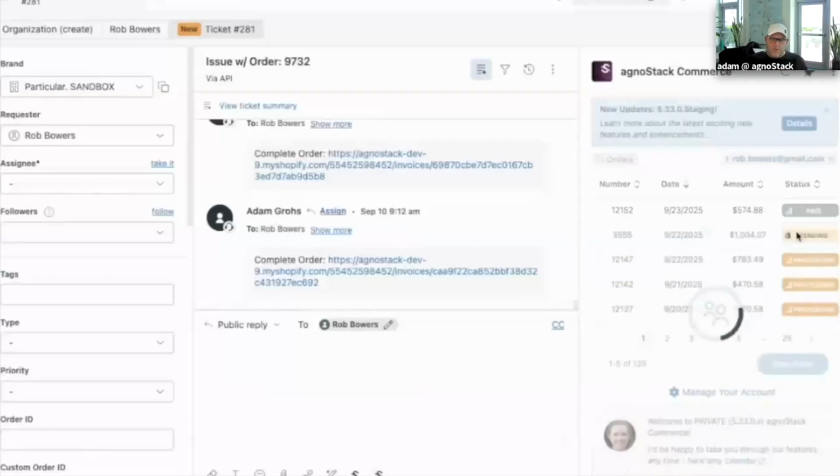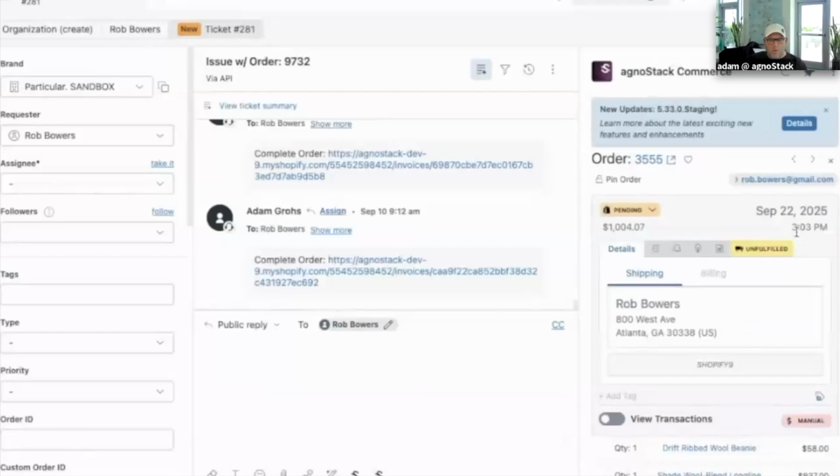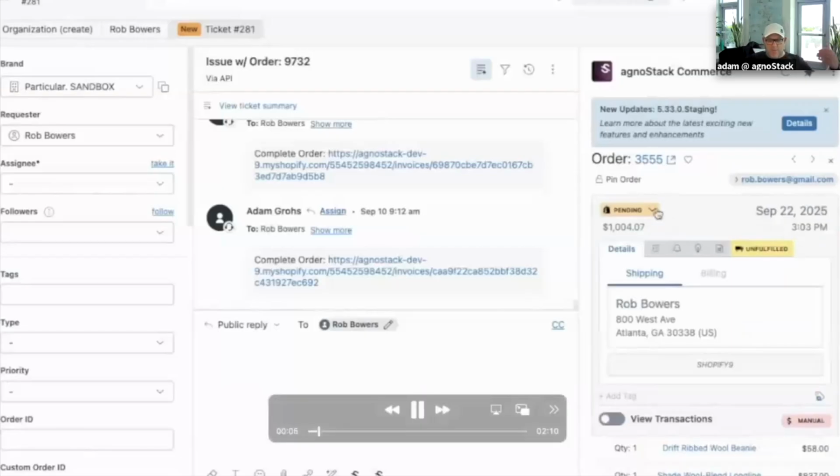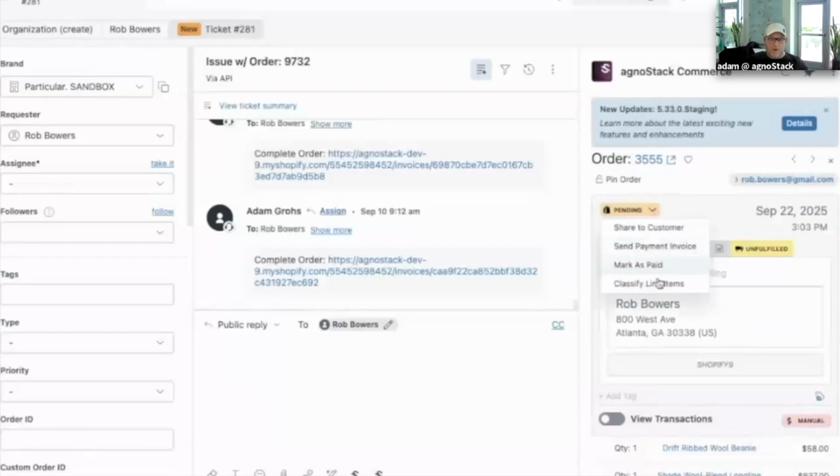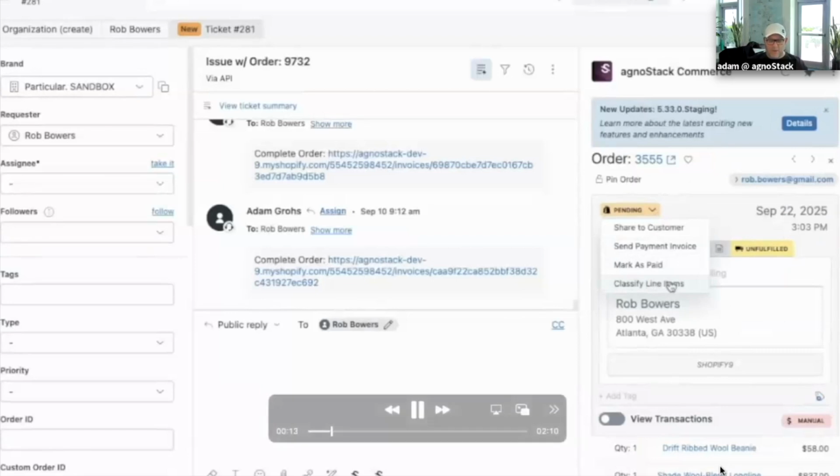As you go into an order detail view, by default, there's a drop-down menu on an order where an agent can say, I want to share that to a customer, or mark as paid. What we're going to show you is how to add a custom option in there. I want to do something like classify the line items on this order. And I want that data to bring in the order information from agnoStack through your Shopify setup, and then flow through into Knots in order to populate something like a tag on that order